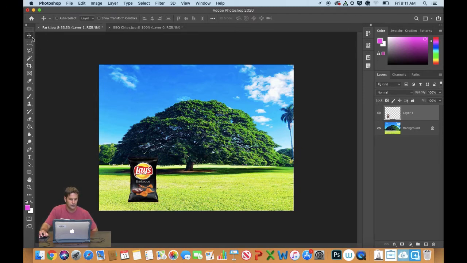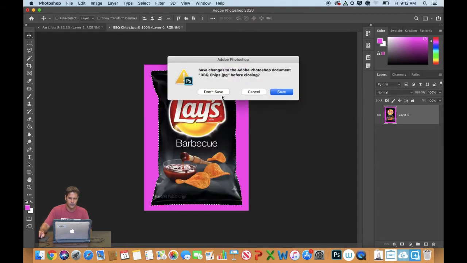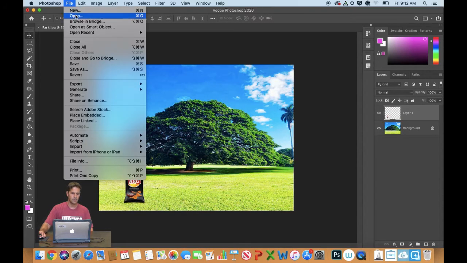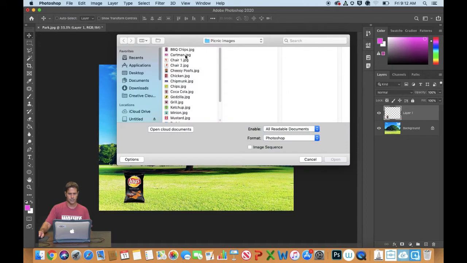That looks a little big, so with your Move tool, go ahead and hit your Show Transform Controls button right there. Resize it down, and hit your check mark, you're good to go. I'm unchecking that. So I got my bag of chips. Alright, so I can close that file, don't save it, and I'm going to go to File, Open. I'm going to go ahead and open my next item, which is one of the people that are going to be at your Labor Day party,